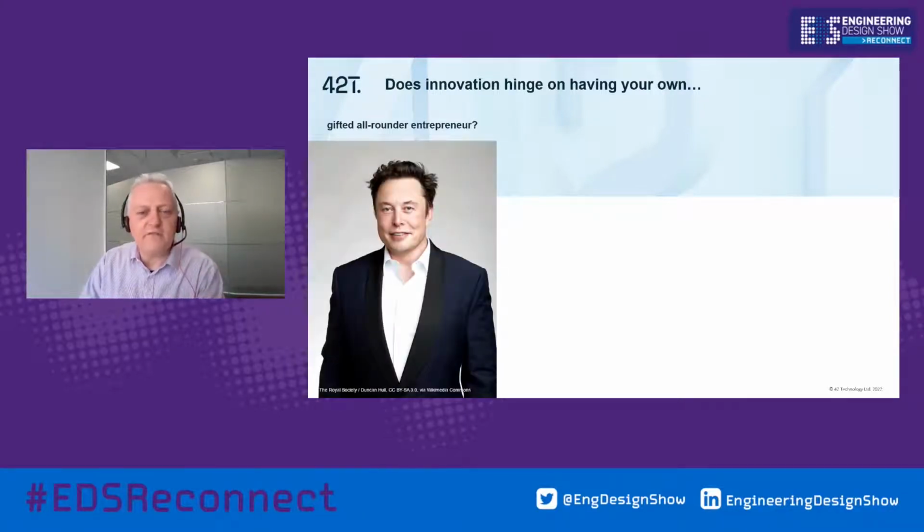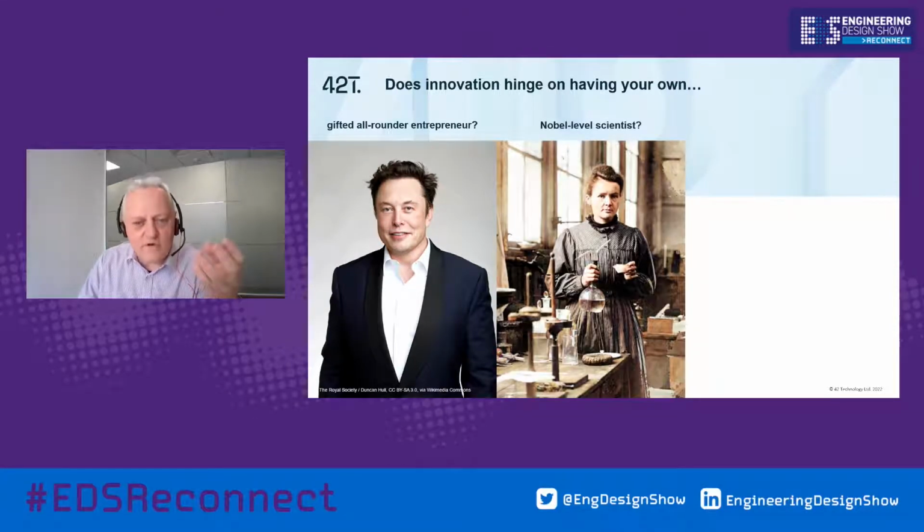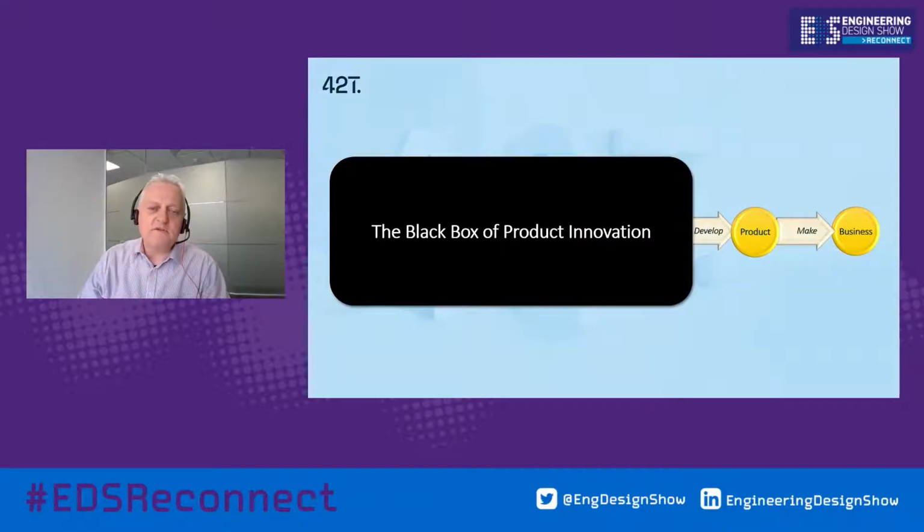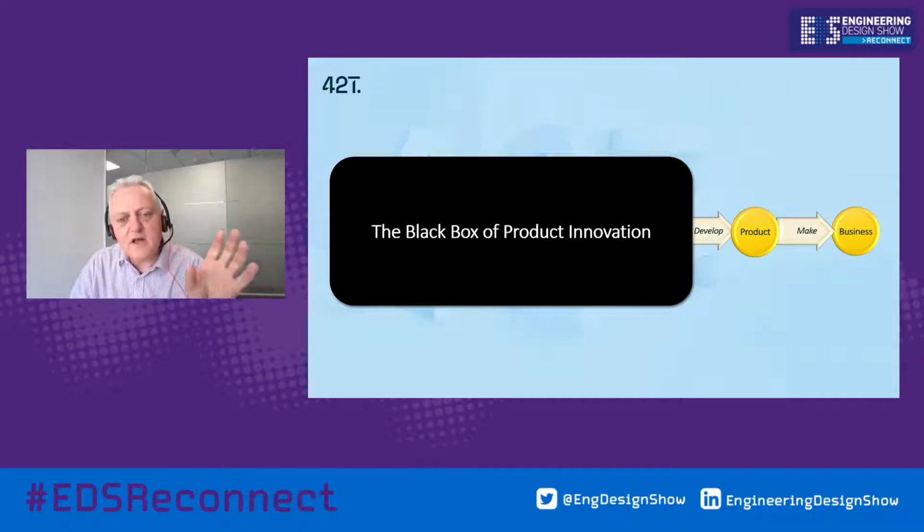Do you have to have your own gifted all-rounder entrepreneur to be able to do what Tesla's done? Or do you need, for a science-based innovation, a Nobel-level scientist? Do you need a digital prophet who believes he can see the future and can understand what's coming down the road? And I suppose another way of asking this question is